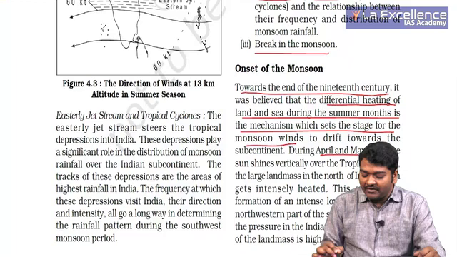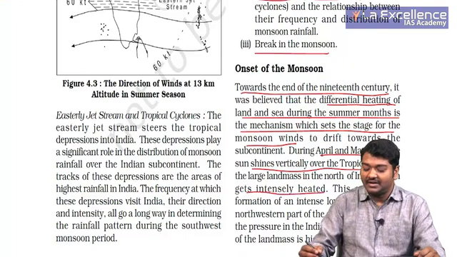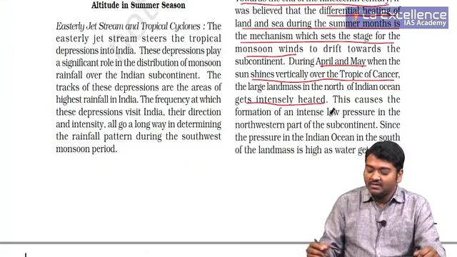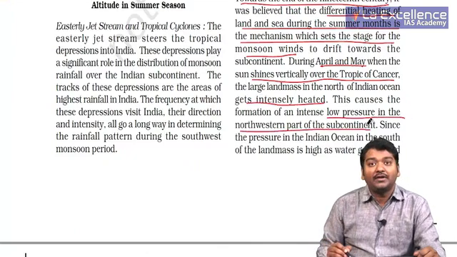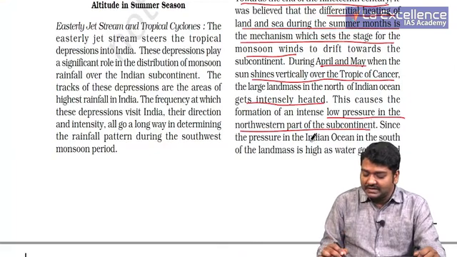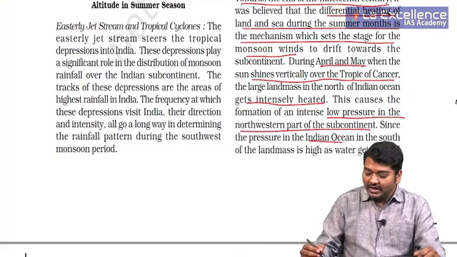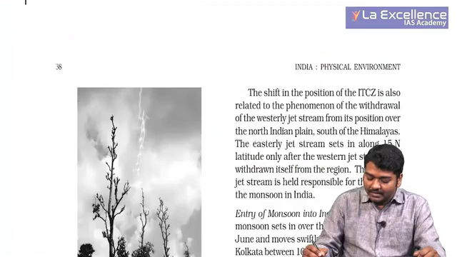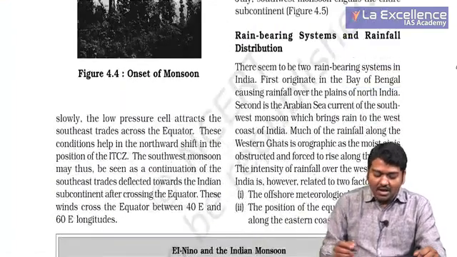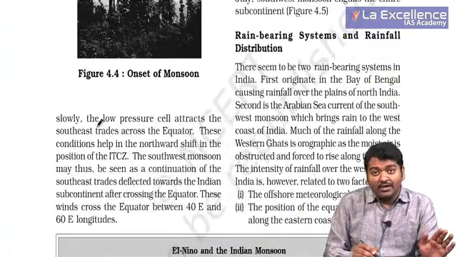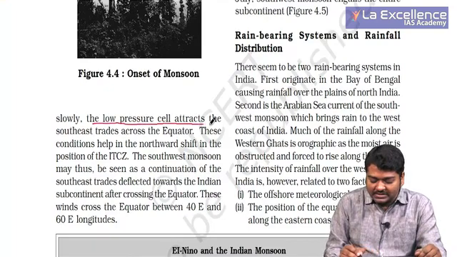During April and May, when the sun shines vertically over the Tropic of Cancer, the large landmass in the north of the Indian Ocean gets intensely heated. What will happen? This will actually lead to low pressure in the northwestern part of the subcontinent and high pressure exists in the Indian Ocean. So, right, the air moves from high pressure towards low pressure cells,